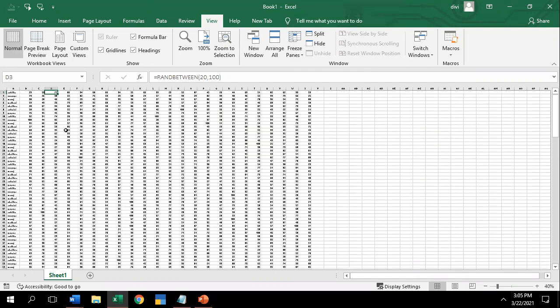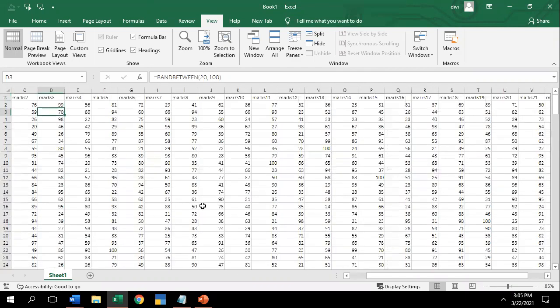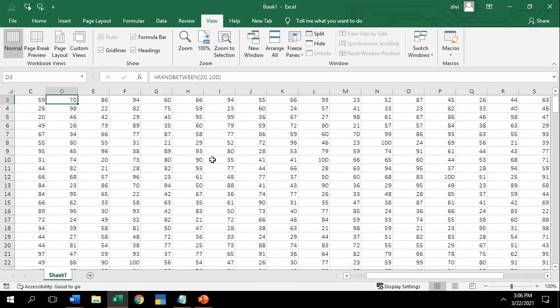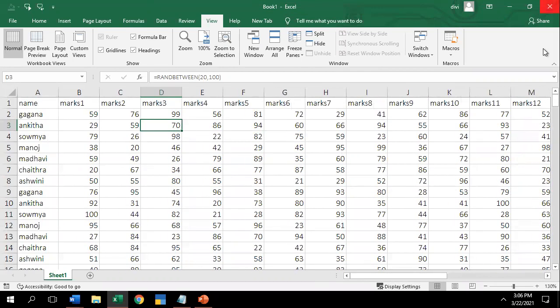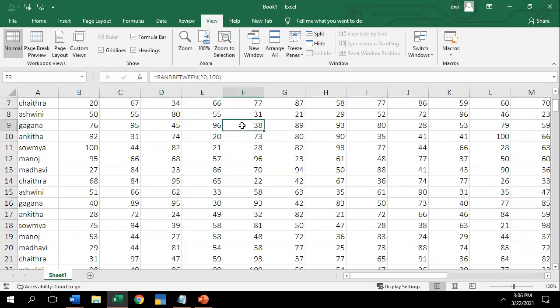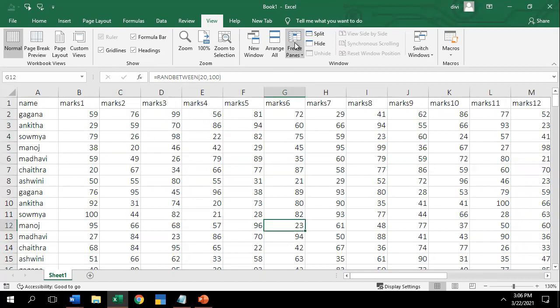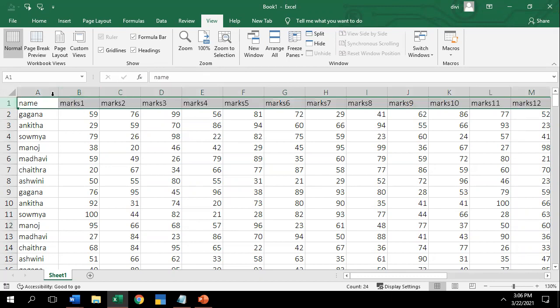It's then marks 1, marks 2. Now, if I scroll down, can you see that in the heading I have marks 1, marks 2, marks 3, and the data of Gagana, it's then 65. If I scroll down, can you analyze which subject this 638 is in? Is that Kannada or marks 3? It can't be analyzed. So if you freeze the pane of the particular row, it should not move.